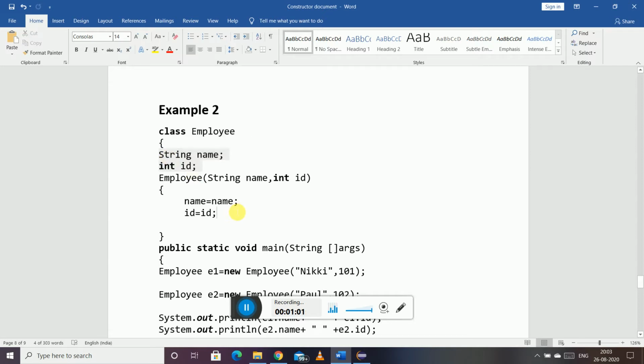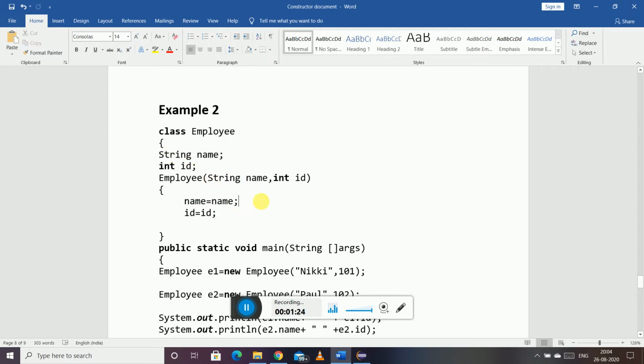So if you are not using this keyword, this is going to happen. If this keyword is not used, then this refers to these parameters. Okay, and to the right hand side of the equal to sign, these variables refer to our instance variables.